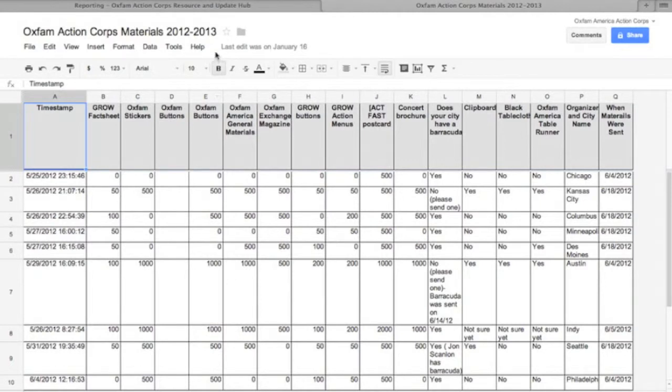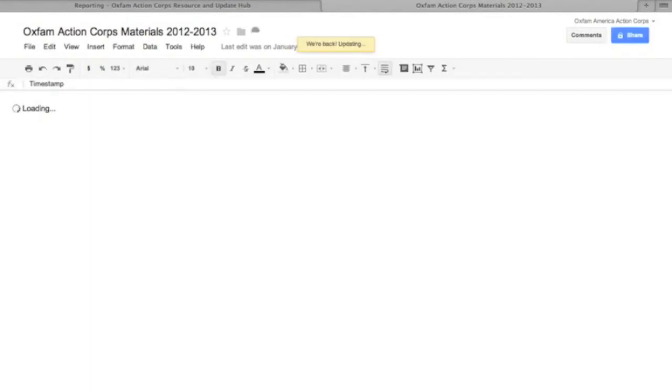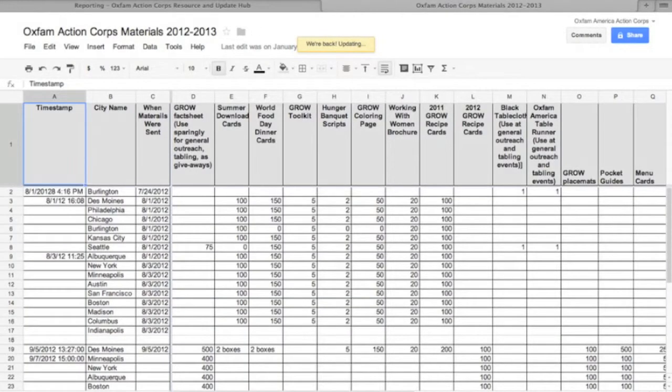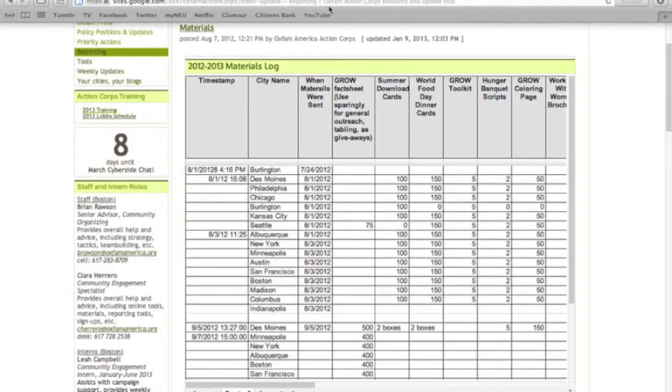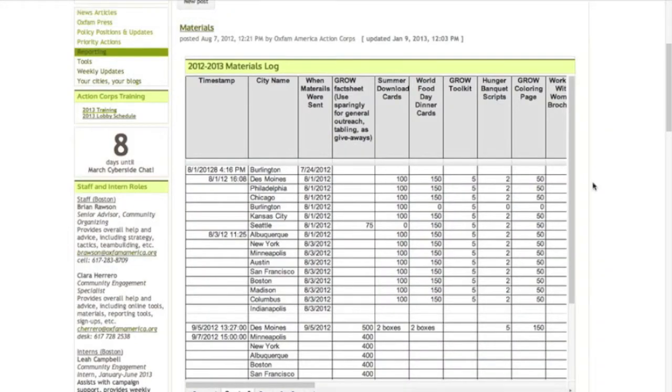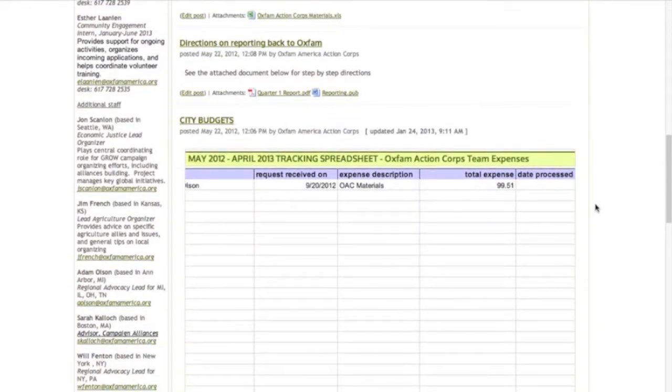Make sure you are viewing the correct quarter by selecting from the tabs below. Occasionally, viewers have trouble editing documents on the Resource Hub. To change permissions from Can View to Can Edit, contact us at actioncorps@oxfamamerica.org. Remember, you need not enter your material allowances yourself, as the Boston staff will update this document as items are shipped out. Below the Materials log, there is a link to a PDF file labeled Directions on Reporting Back